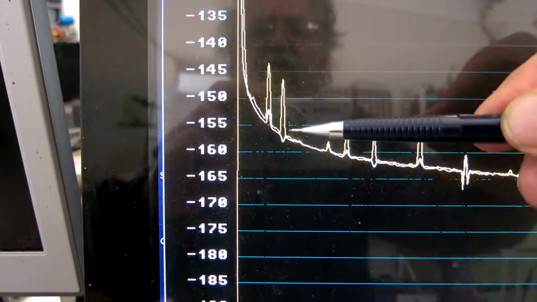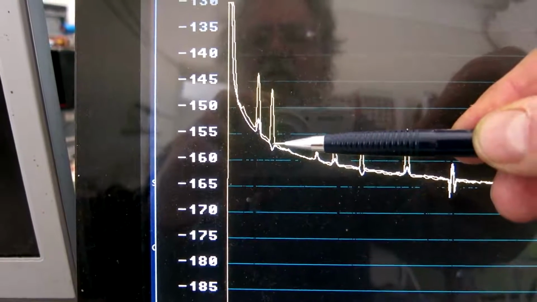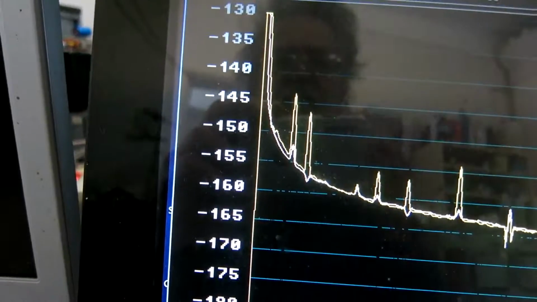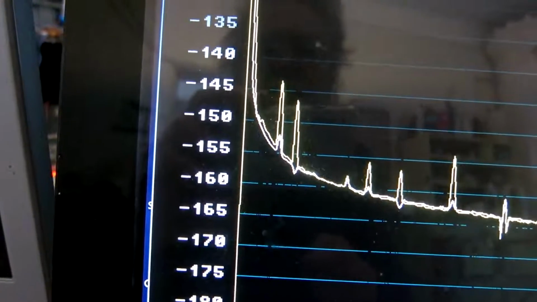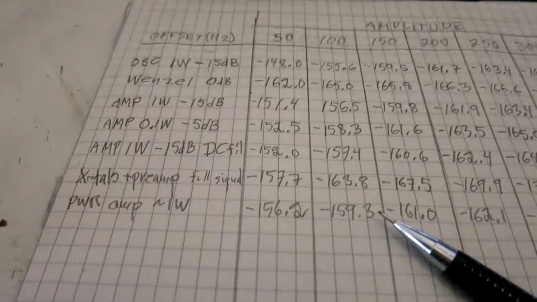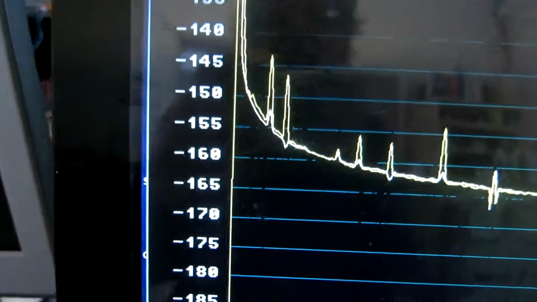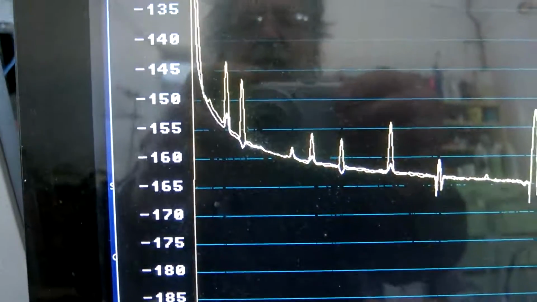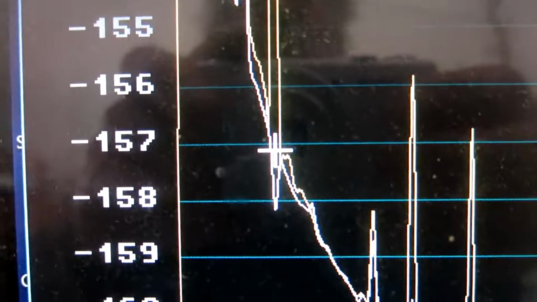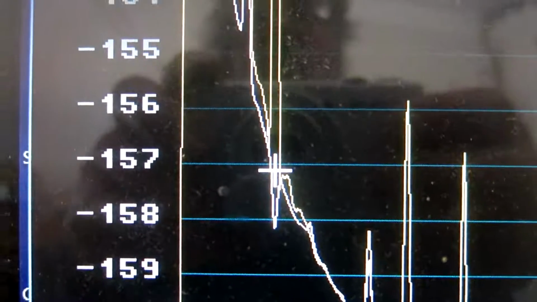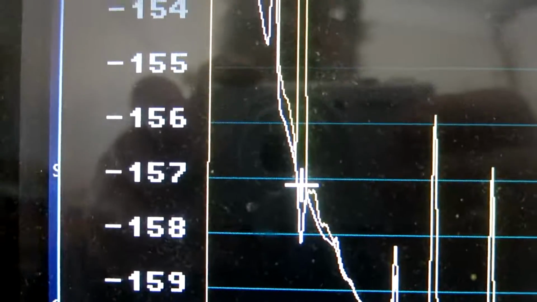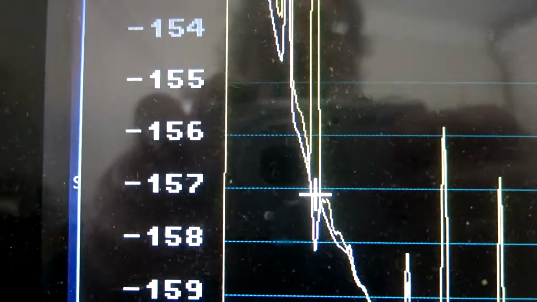50 Hz is here, and the level is about minus 157. And the difference between phase noise and amplitude noise is small. And what I observed before was minus 156. So I will expand the scale here and make a more accurate reading. The AM noise now is minus 157.1 and the phase noise about minus 156.8 or so. A little bit hard to see because the 50 Hz spur is so strong on the phase